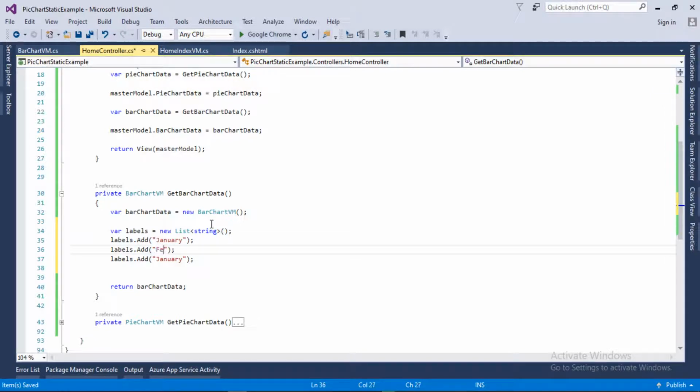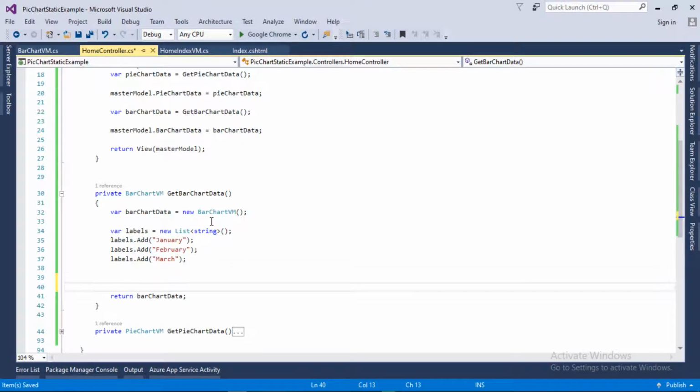The second one will be February, and the third one will be March. Similarly we need to assign these labels to our bar chart data, so barChartData.Labels equals labels.